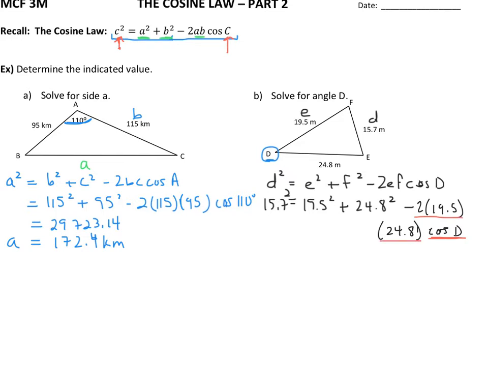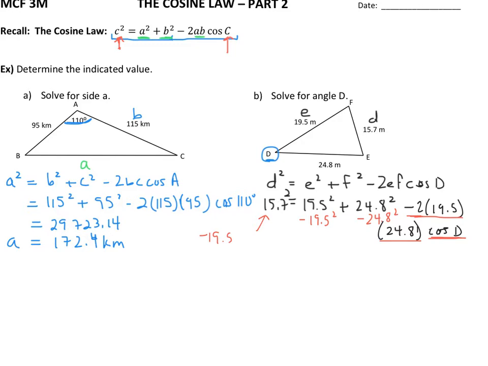So the way we're going to end up undoing the minus 2 times 19.5 times the 24.8 will eventually be by dividing it away from the cosine. But before we can do that, we're going to get rid of the 19.5 squared, because we're going to undo adding and subtracting first. And we're going to undo the 24.8 squared from both sides. So we have to subtract it from both